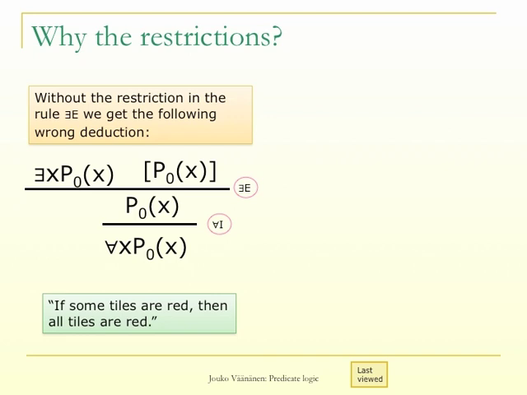Why are we making those restrictions in these rules? Without the restriction in the rule exists elimination, we would get the following wrong deduction. We assume ∃x P0(x), then in order to use the exists elimination rule we make the temporary assumption P0(x). Okay, from this we can conclude P0(x) because the conclusion and the hypothesis are the same. Now, if the exists elimination rule was available without